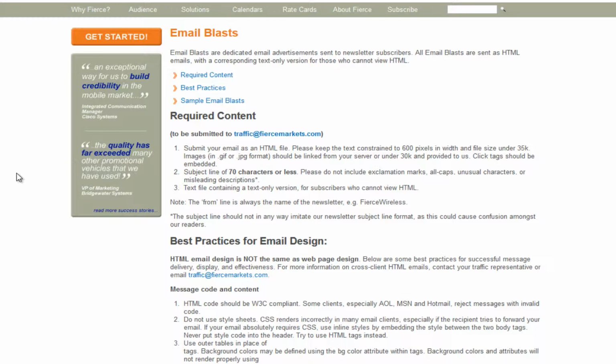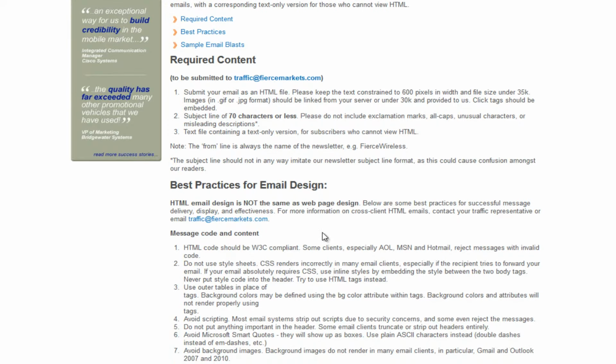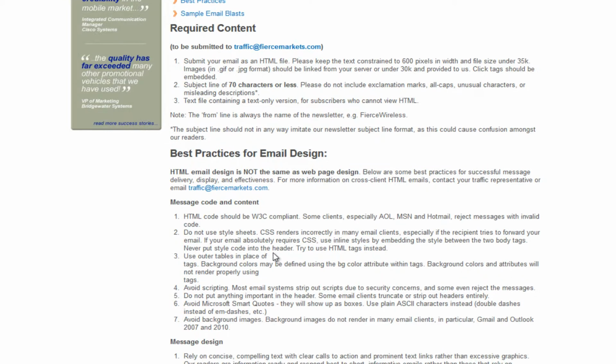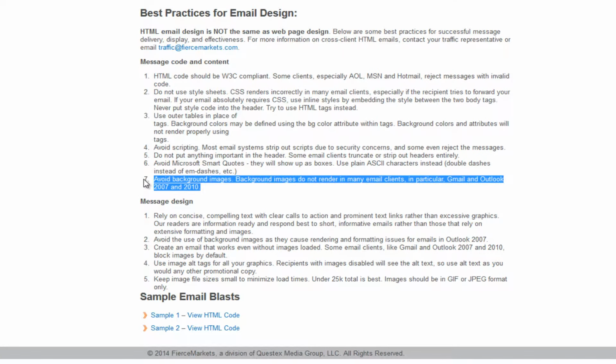And for people, a text-only version for people who can't view HTML, older PDAs, etc., smaller systems, not T9 phones, but something smaller. And the best practices for email design. All of these things that you see on top, background images do not render in many email clients, etc. This is something important for you to look at because you want to break Photoshop things up and make a